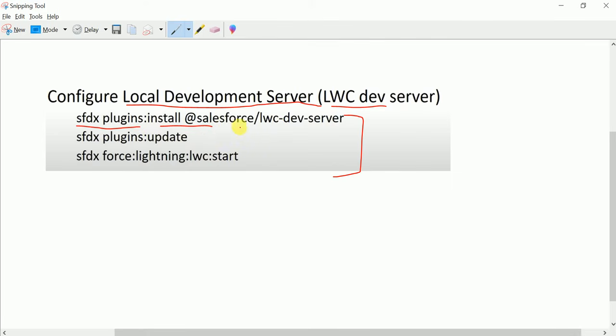First of all, we need to install @salesforce/lwc-dev-server. This is the basic need when you want to execute localhost on your machine using VS Code. And after that, sfdx plugins:update. This is the second command to update all the plugins related to SFDX, and after that, finally, to execute this localhost,